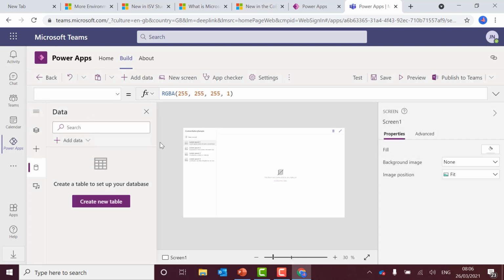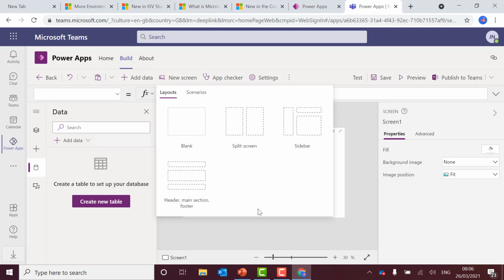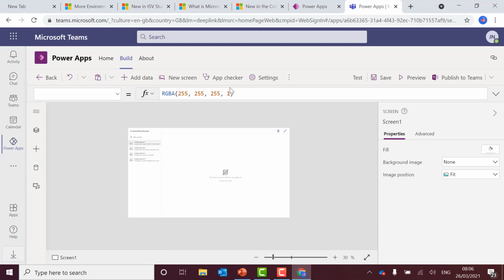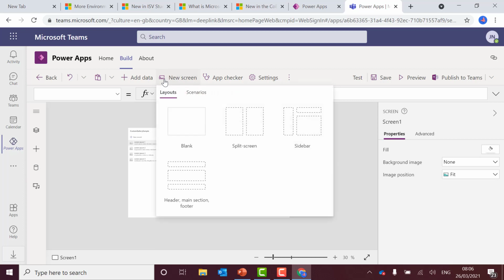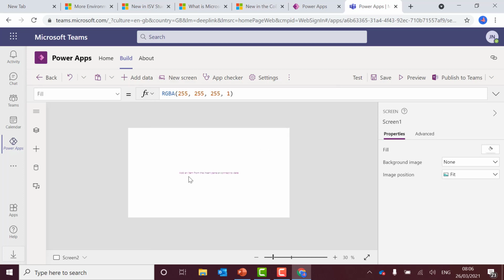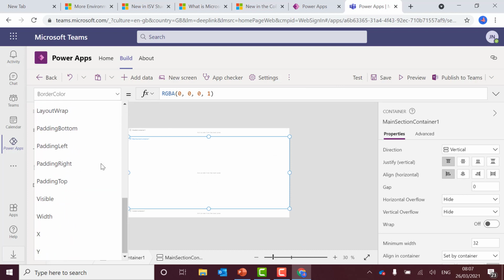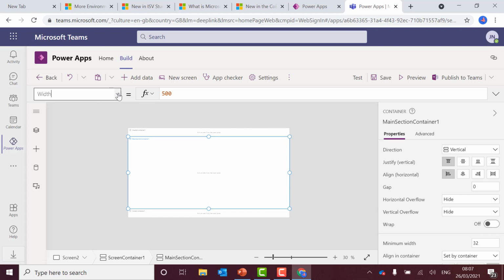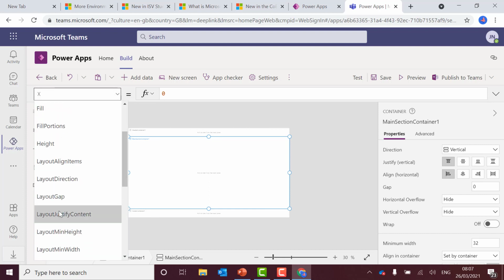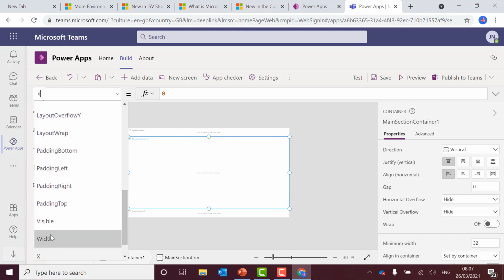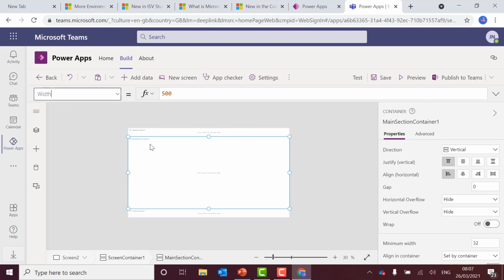Cool. So you see here, I can now add a new screen, and I've got some different controls that I can add. So I can actually put this into the header sidebar, and that actually is responsive by design. So if I show you one of those, let's go for the header one. There's just a few properties to check here. This is just a starter. If you look at the width and the X, those are the bits that we want to make kind of responsive. So for example, we can make the width